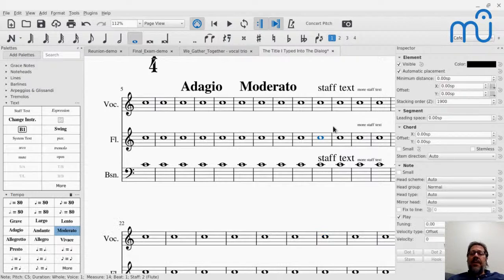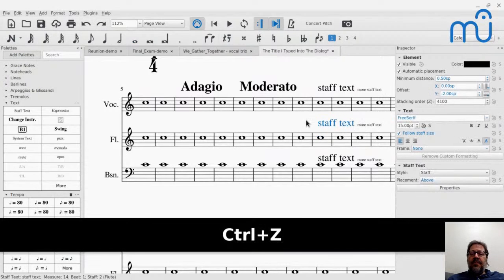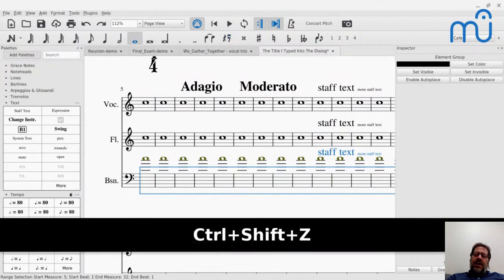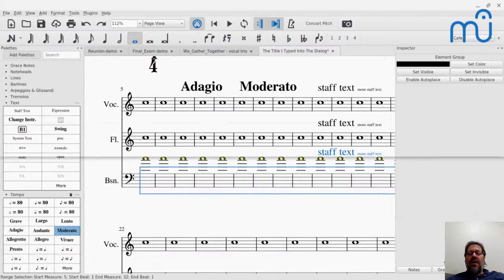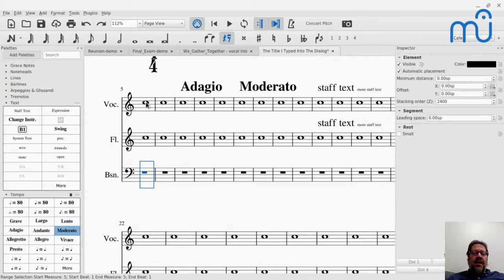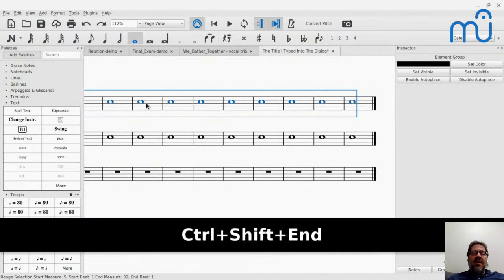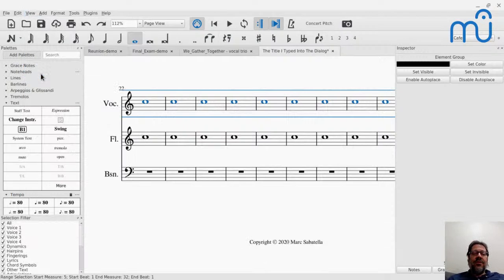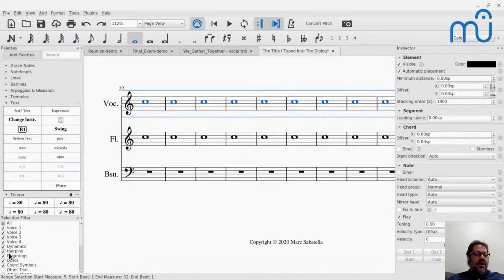So I have my staff text here, and let me delete. Oh, when I copied, notice. Let me undo that last copy. When I copied, I'll redo it. It copied everything, including the text. I actually didn't want that. I wanted it to only copy the notes. So if I'd wanted it not to copy the text, I could go to View, Selection Filter, and tell it, don't copy other text. You see the other text meaning other than dynamics here, because there's separate control for all these things.